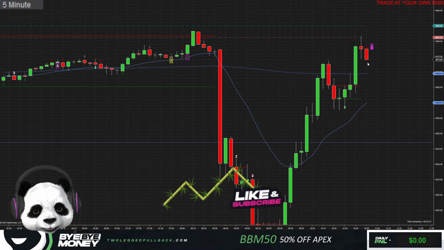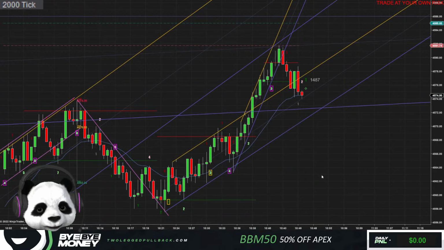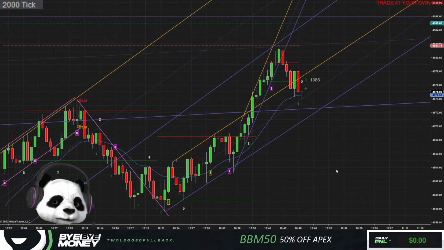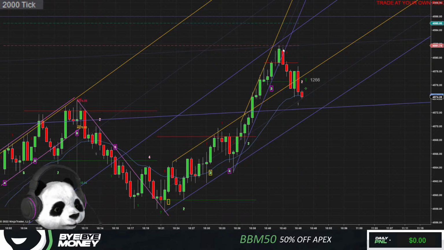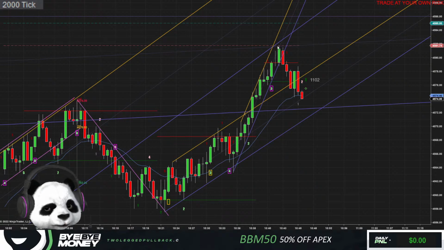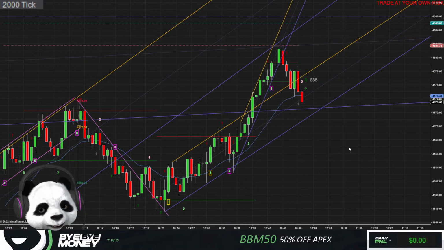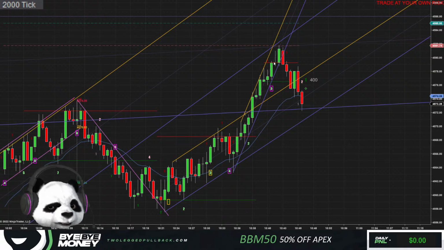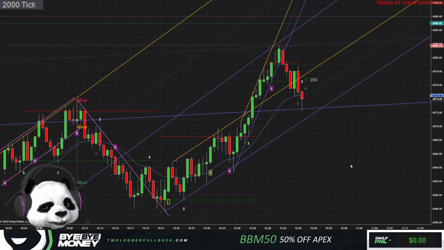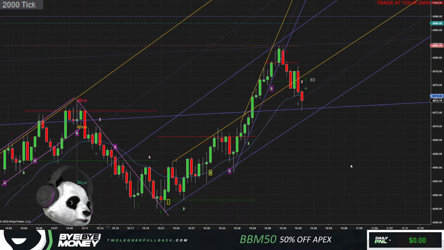I almost want to go short here, just get a point. Thinking that'd be pretty easy to get a point. When we're bouncing off a resistance like this, I typically don't like to go long after we bounce off clearly a resistance. We bounce off perfectly, like to the tick. So I typically don't like to trade right back into that, because when we have a bounce like that, usually it's pretty strong.